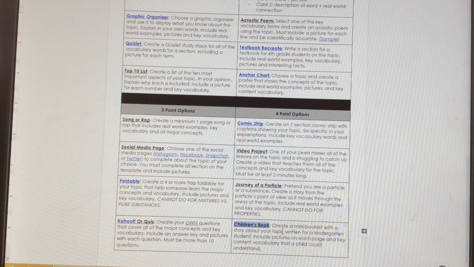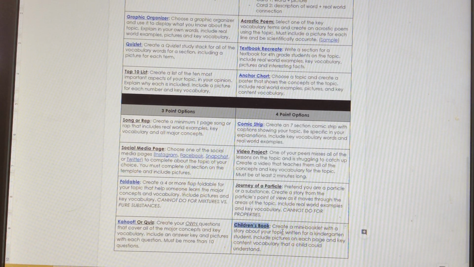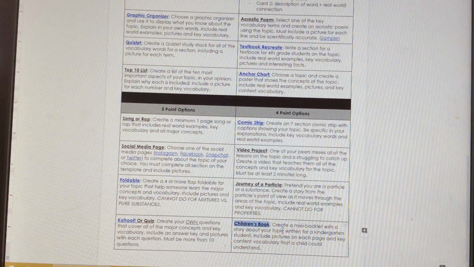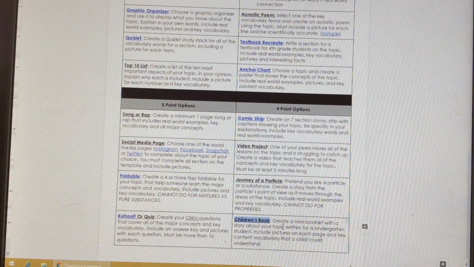In the children's book, you're going to create a mini booklet. It's going to be like the Proverbs booklets about whatever your topic is. It needs to have a picture on each page and key